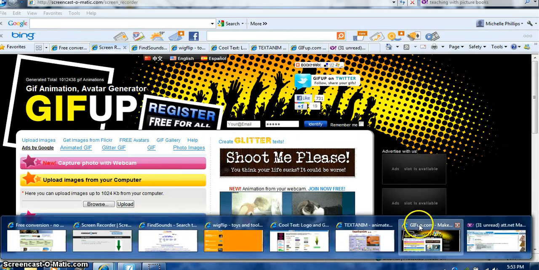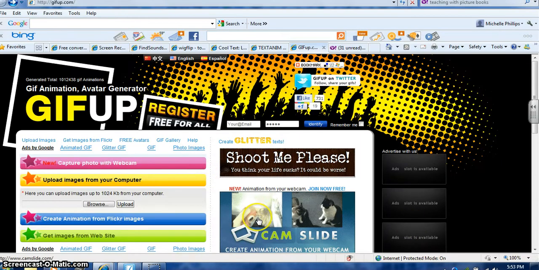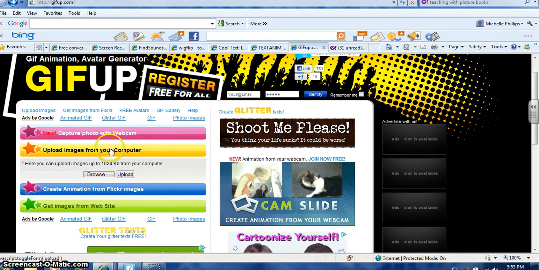Of course, let's find, there it is. There's a lot going on this site, lots of ads. But to do the text part of it, it has all kinds of stuff that you can do with your webcam, your images, but just click on create the glitter texts for